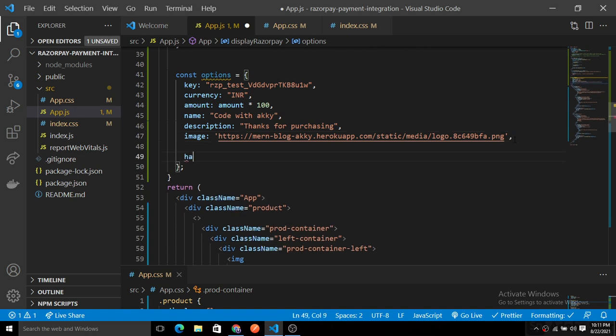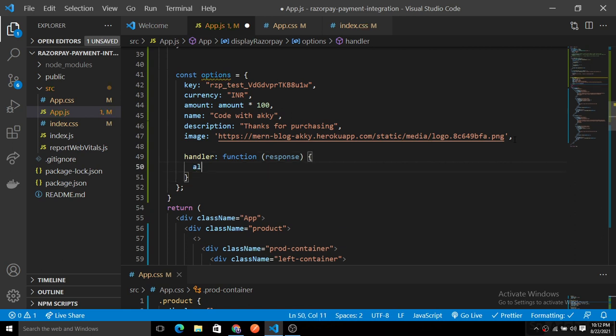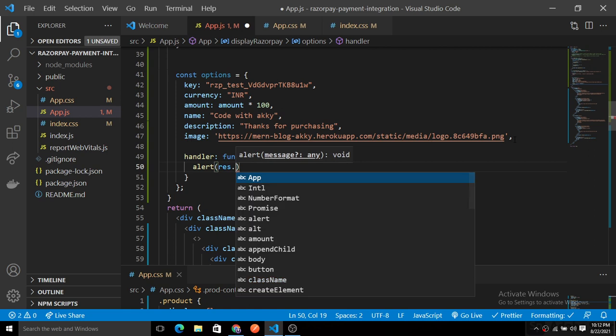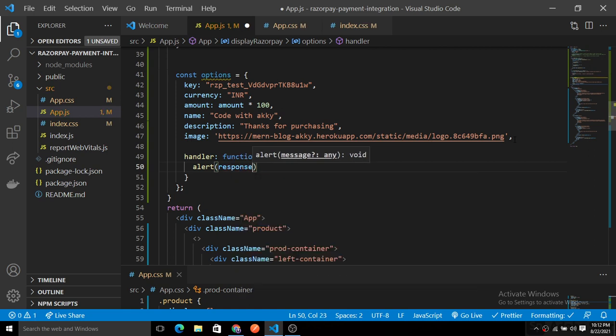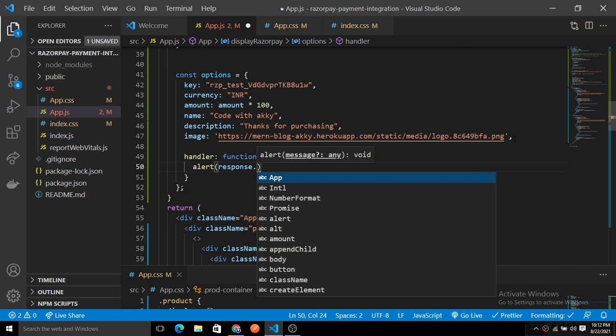Here you just need to put the handler, and it will be a function that takes a response as an object. It takes the response as an object, and here it will simply alert you about your payment ID. If any response is generated, then it simply returns the payment ID on successful payment.